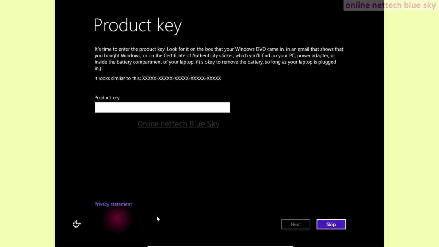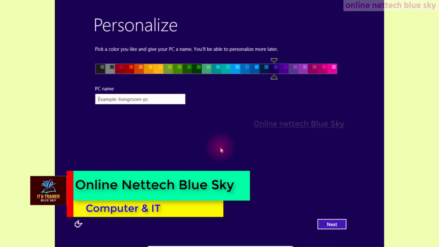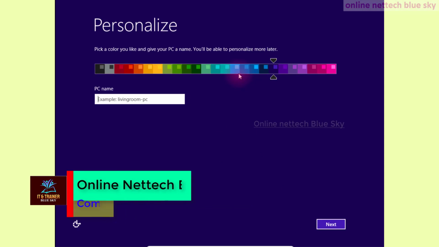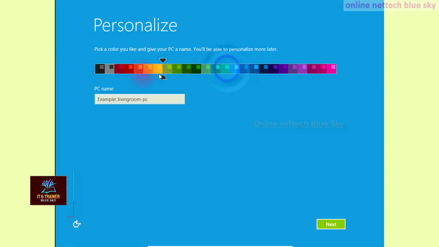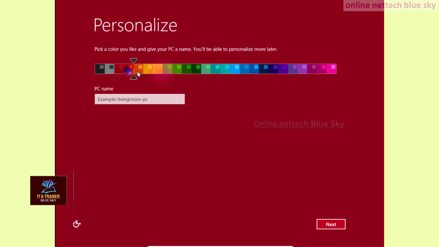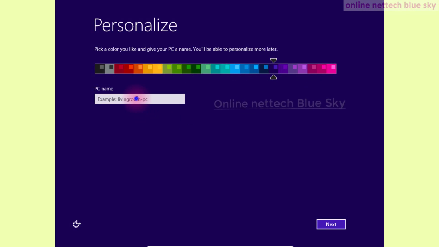After skip you can see the let's go screen with the basics, so first you set the basics of your computer, your window. You can see red, blue, green colors. I enter the default here. Okay, and enter the PC name. So I give the name PC one here, okay, PC one, and click on next.